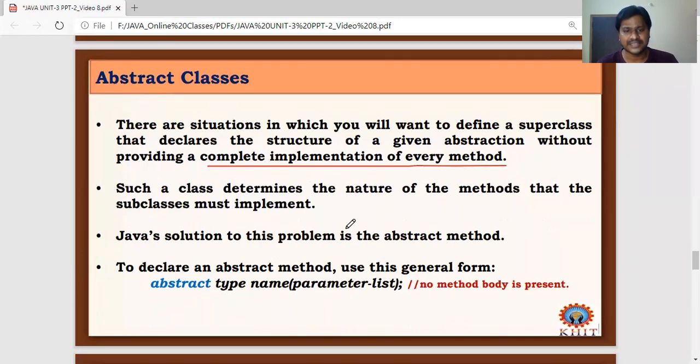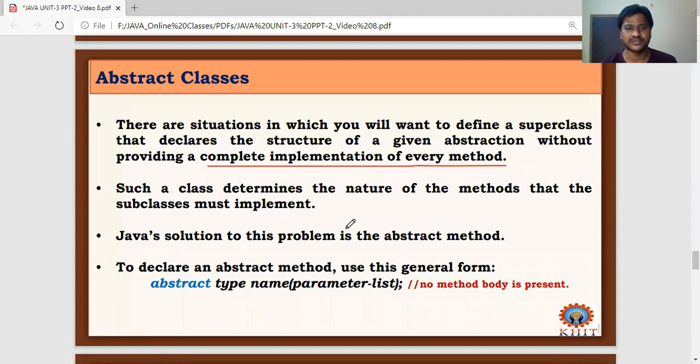The same we are discussing here. In the previous one, we just gave the figure superclass a method called area, and we assumed that subclasses may override those methods, or may not.